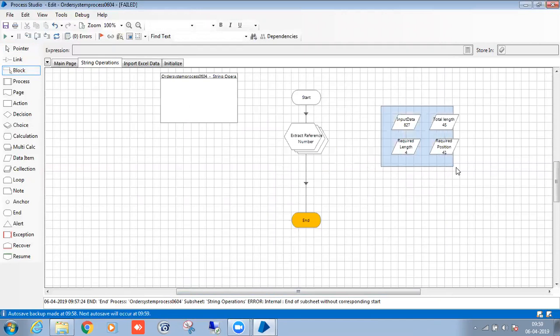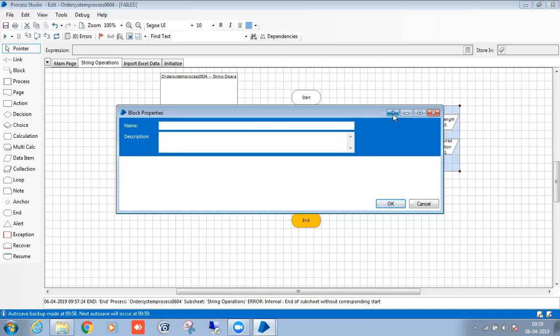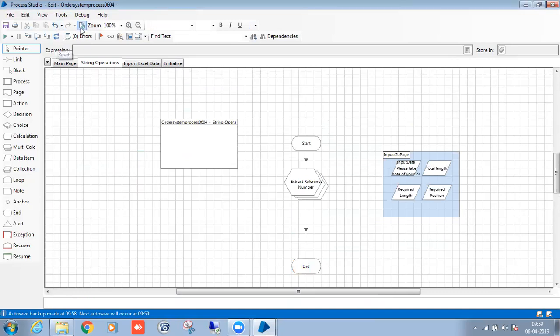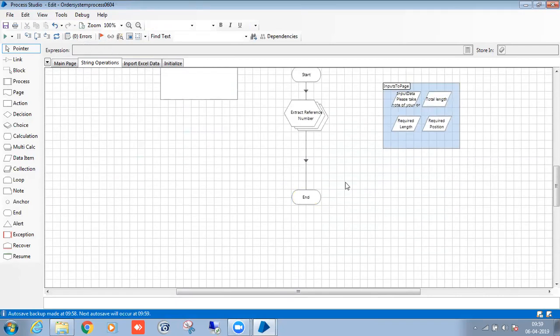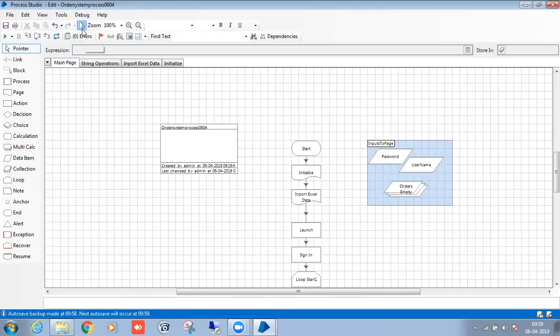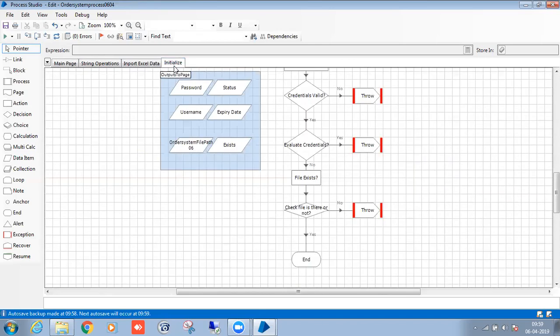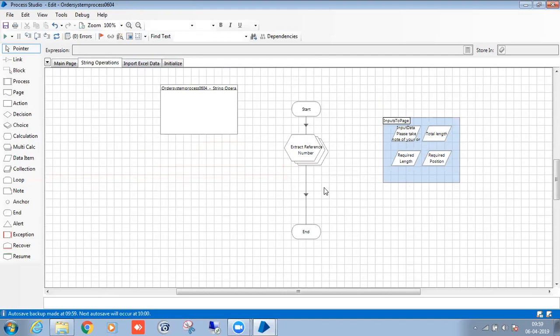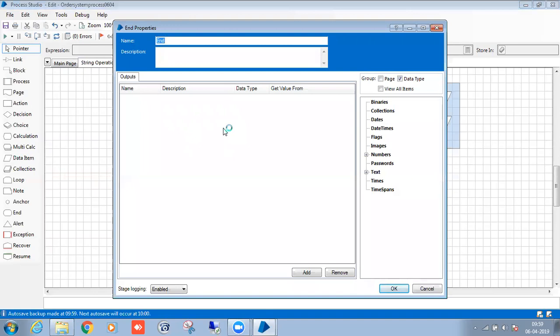Any questions, guys? After completing all my text operations, I need to pass this data to my main page.